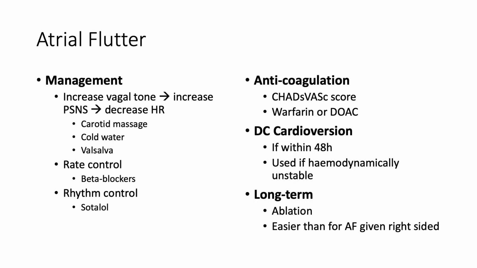So managing this, what you want to do is increase vagal tone. Your vagal nerve is part of your parasympathetic nervous system and will decrease your heart rate. So what you can do is massage the carotid body. This will tell the carotid body that the blood pressure is high, and so it should decrease heart rate to compensate. The good thing about these is they're non-invasive. Even if you just try it for a little while, it might work and you might save a whole host of rather invasive